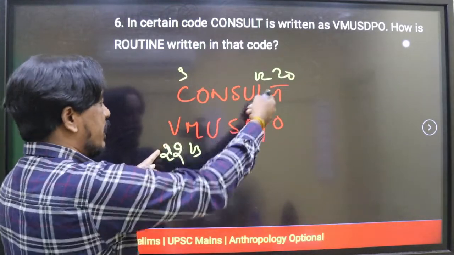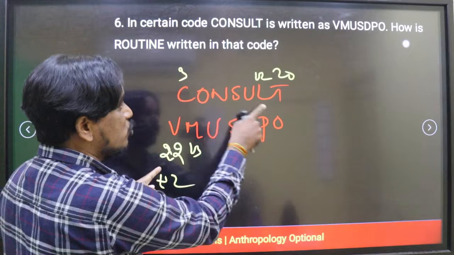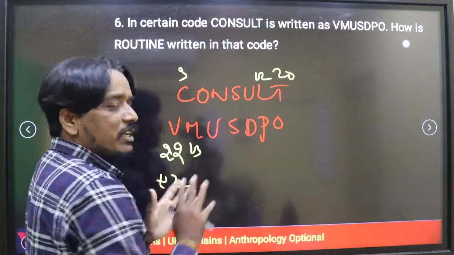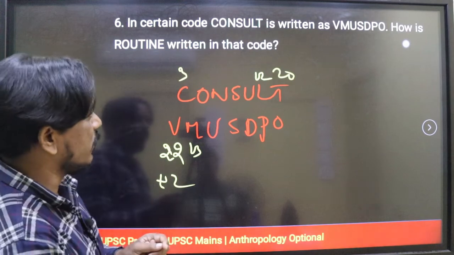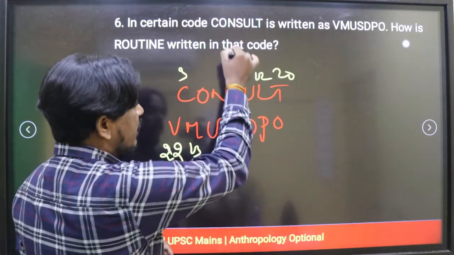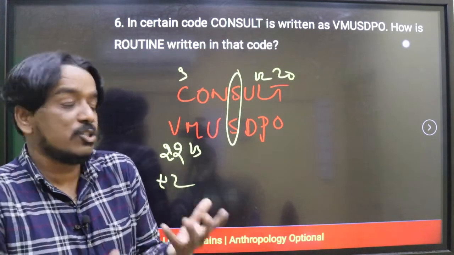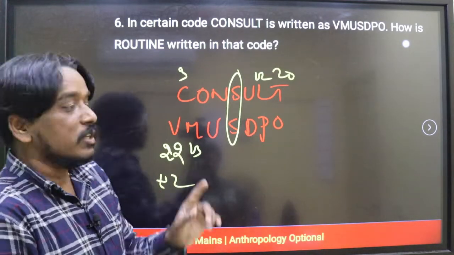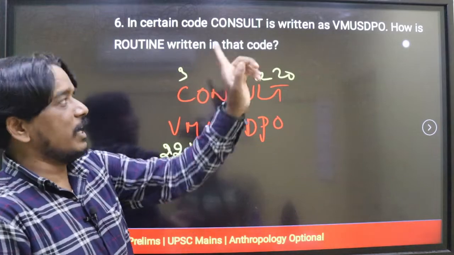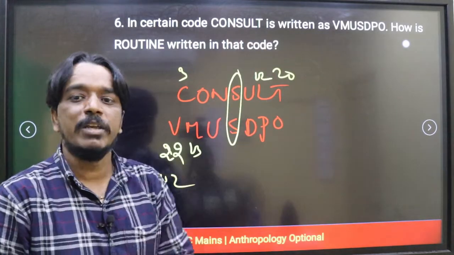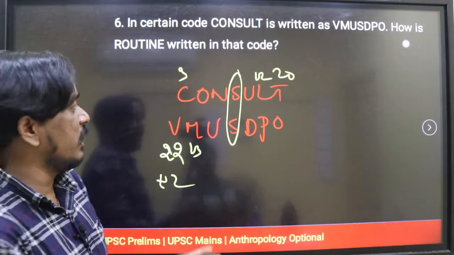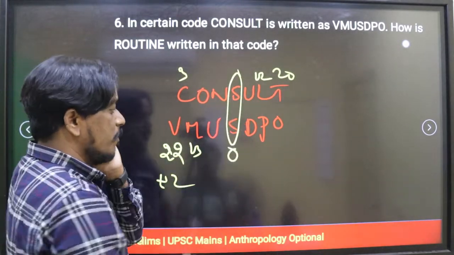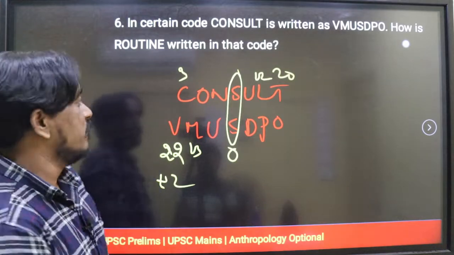See, even we are not getting a common difference. Even if you take C2O, also it is not getting a common logic. So better check alternate logic. If any alternate logic is working, maybe if you observe, the middle letter S is the same, S is not changing. If S is not changing, we have to check whether any other logic is working. So the division logic I told. The total number of letters, how many are there? 7, which means odd. If an odd number of letters are there, the middle has a particular different logic. It is not changing, 0. And what happens with the remaining things, we will see.